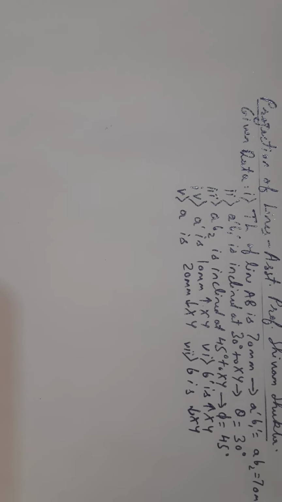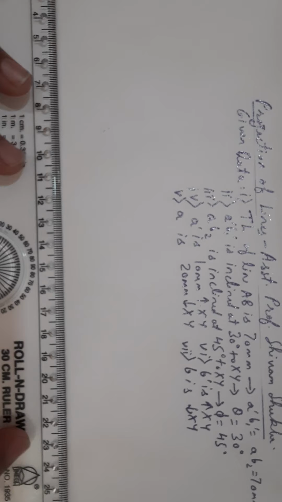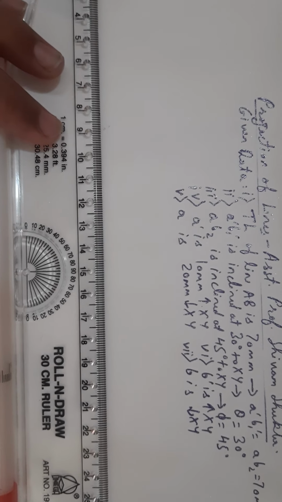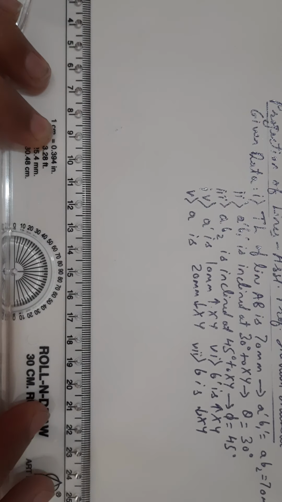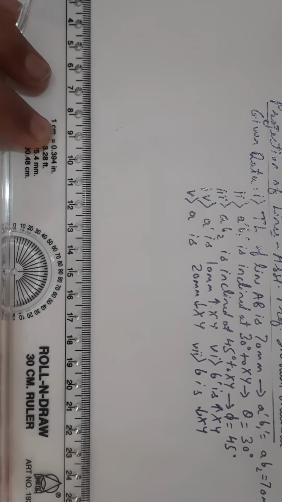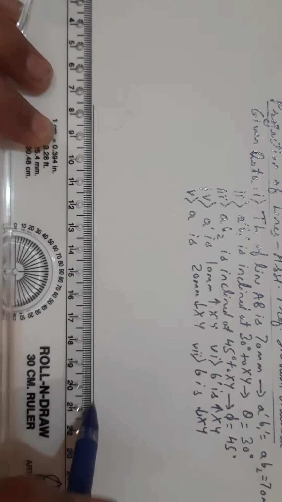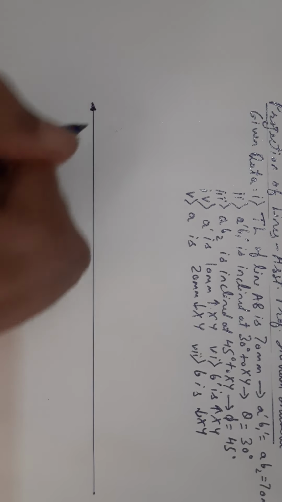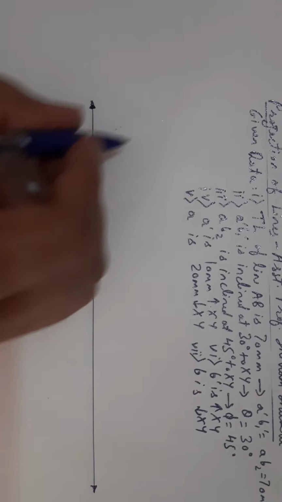Only with the help of given data, friends, we will be drawing this entire problem. Just see to it now. Now we will be starting with an XY line in the horizontal sense like this, which will be parallel to the book's horizontal edge. I'll be drawing it with the help of a medium thick line, XY line, and I'll be showing an arrow over here. I'll be showing an arrow at the other end as well. Okay. So here it is.